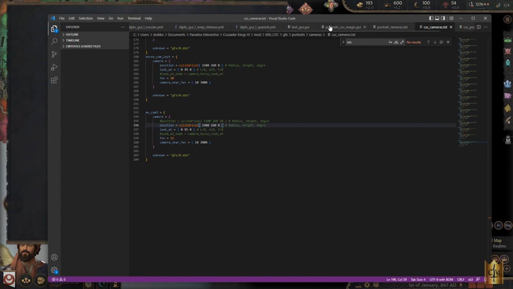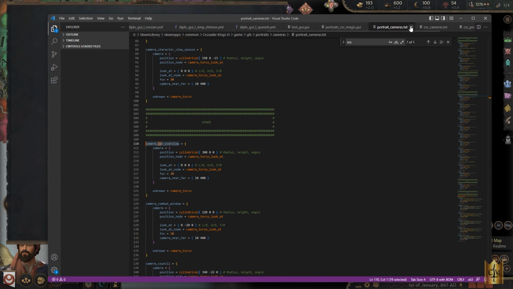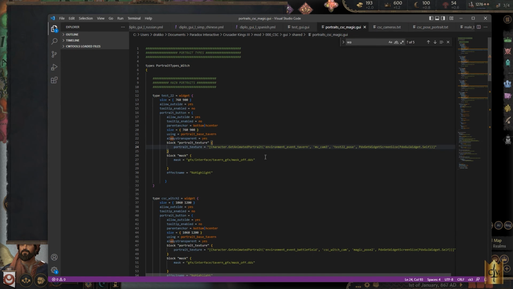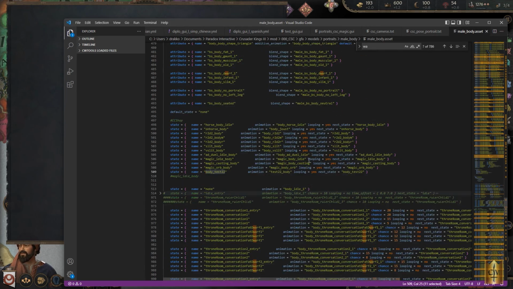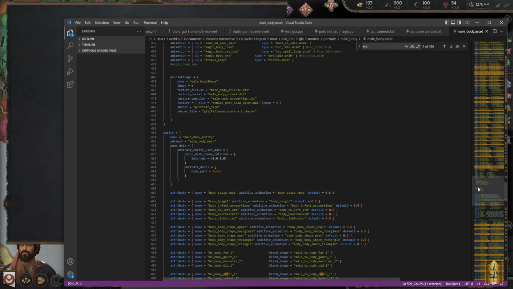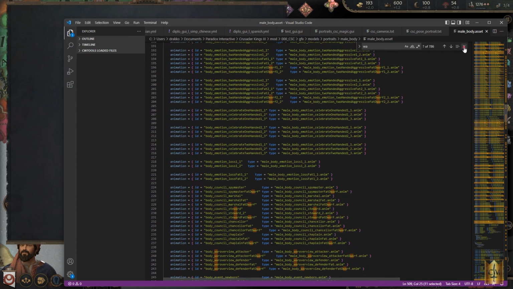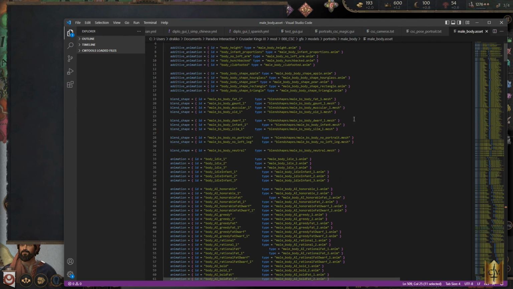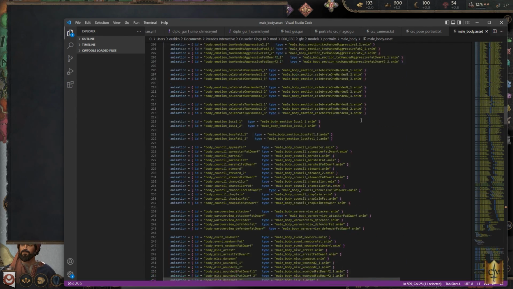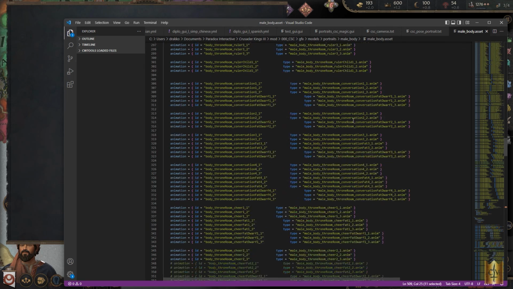Yeah, I think that's pretty much it. There's not too much that I can really go into that matters as far as animation goes, but there's some other things you can do, like you don't have to create a portrait or a camera or do anything. Let's say you just want to test the animation itself, you can just go here to any animation that you want to test. Let's say you want to temporarily,